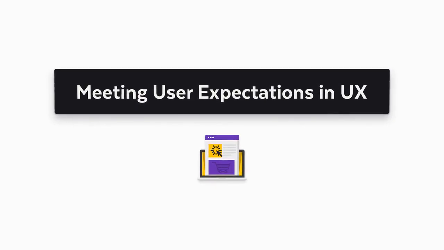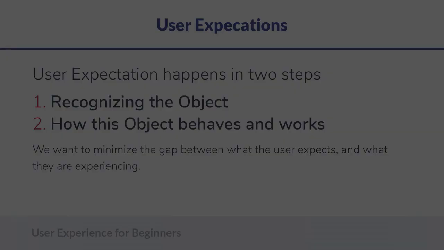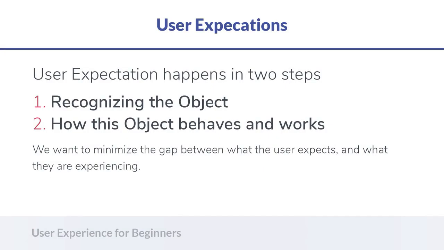Let's talk a bit more about user expectations. Now, user expectation happens in two steps. First, we are going to recognize the object, what this object is. Is this a search bar? Is this a button? Or is this a drop-down navigation bar? Or a close icon? Then in the next step, we are going to see how it is going to behave